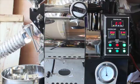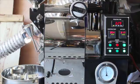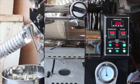Now, electric does take longer. It may take up to 15 minutes to preheat, so don't worry about that. And on the electric as well, you don't need to turn the control past about 3.5 or so for roasting or even preheating. So we're getting close to the temperature that I like to use for charging, which for me